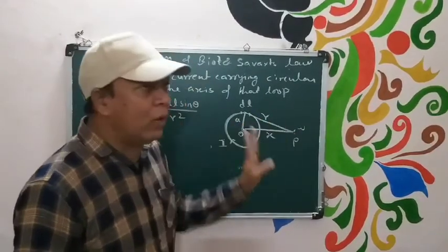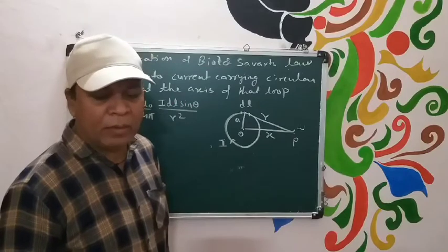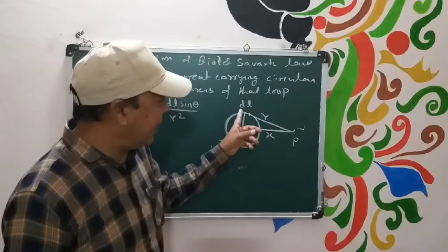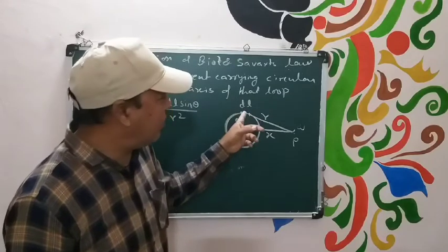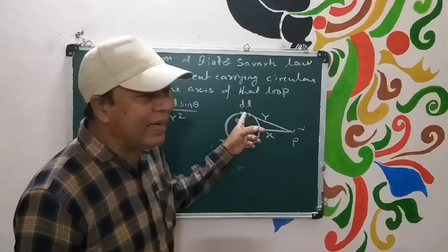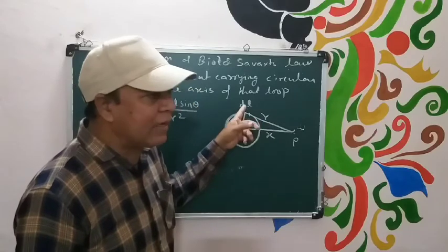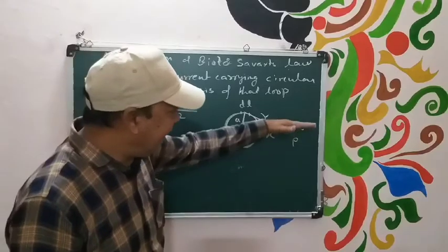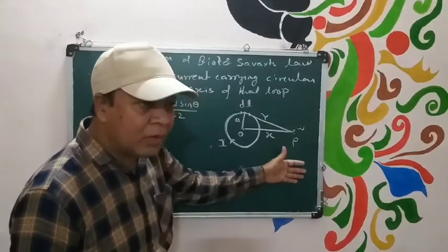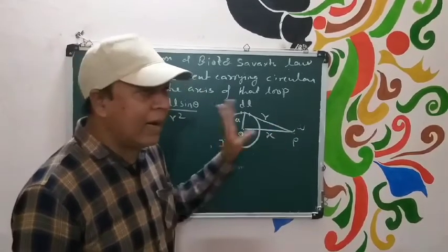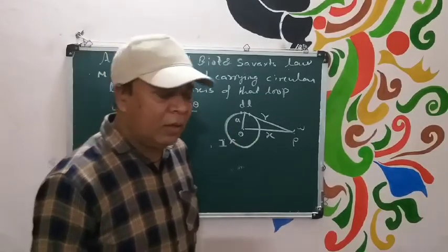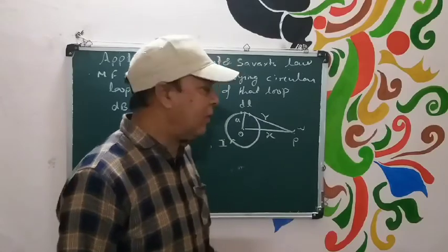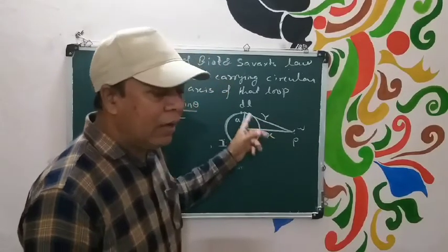Actually, in blackboard, I had drawn one two-dimensional figure. For this two-dimensional figure, you can observe that dl is just like a tangent to, r is just like a tangent to dl. But this is not true. dl is in this plane, coil is in other plane, and r is also in other plane. So, since these two planes are perpendicular to each other, that means dl and r should be perpendicular.